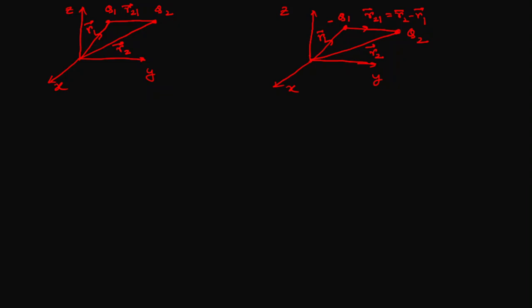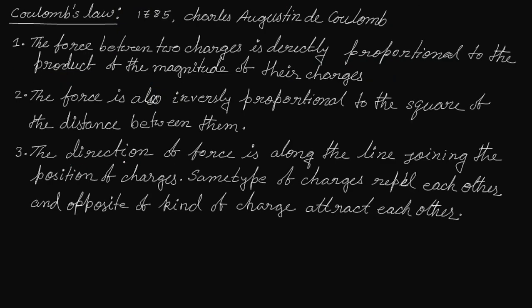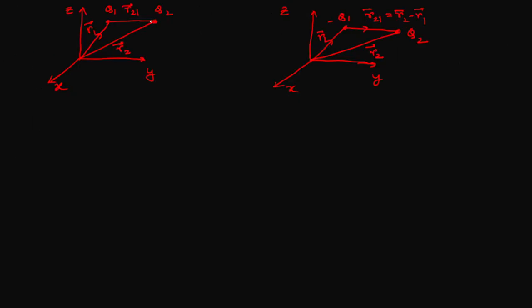Now according to the first statement, the force is along the line joining the positions of the two charges. If we connect these two charges by a straight line, the force will be along that straight line. Now whether it is repulsive or attractive depends on the type of the charge. In the first case, q1 and q2 are the same type of charges, so the force will be repulsive. So if we want to find the direction of force on q1 because of q2, since they repel each other along the line,